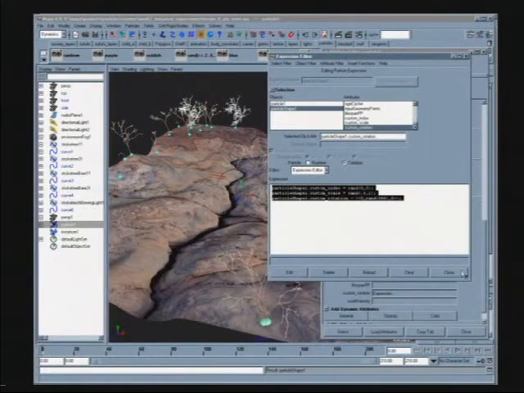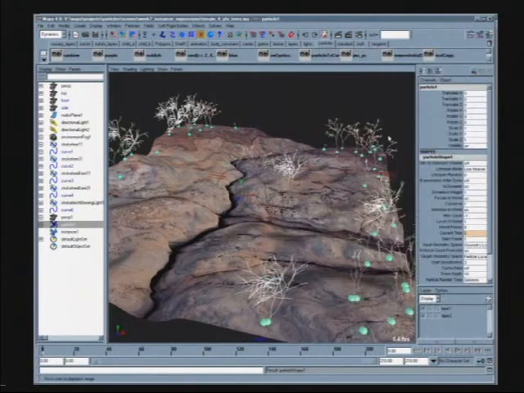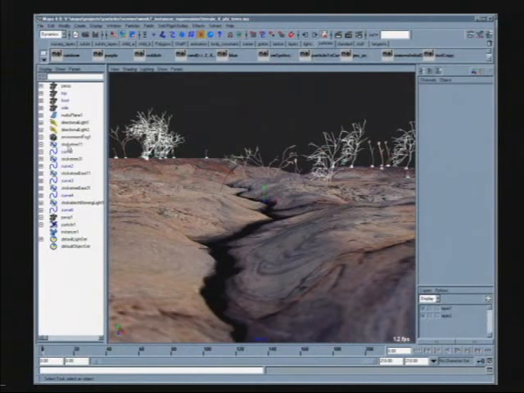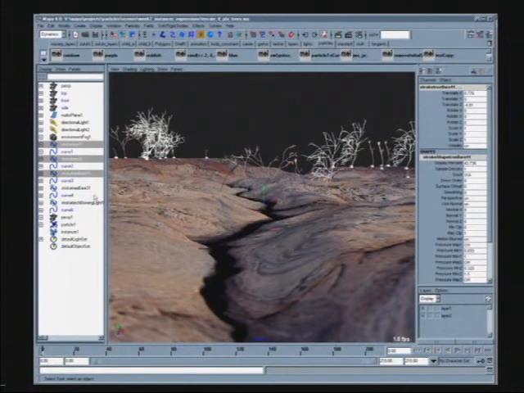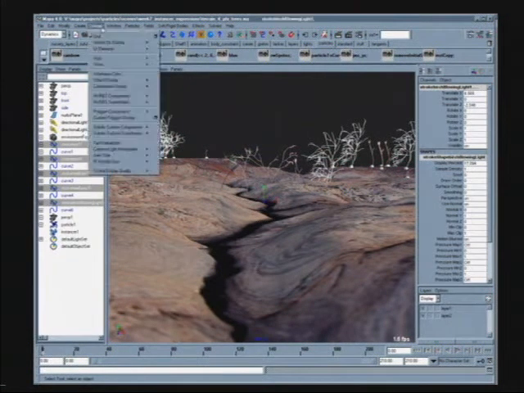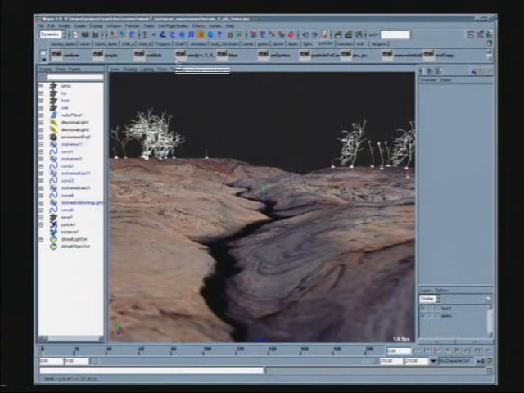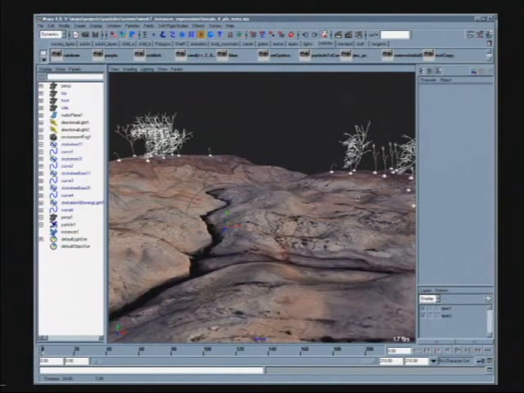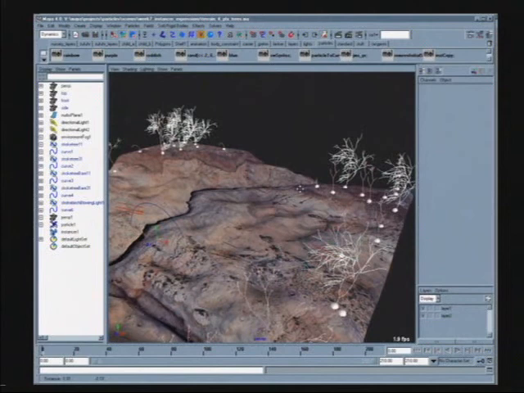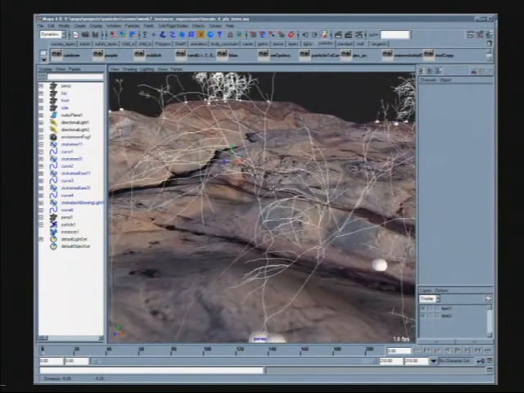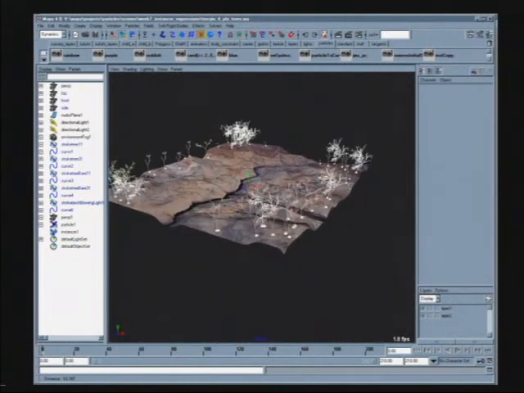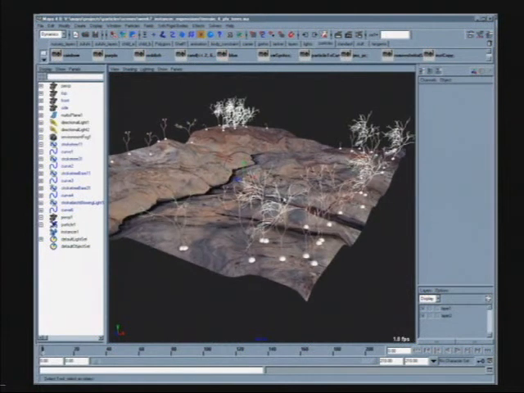So now that that expression has been entered, if we go back in here, I'm going to hide my original strokes, which are sitting at the origin. So display, hide, selection. And now if we tumble around, we'll be able to see that I've got trees all over the place. They are all different sizes, and they are also oriented differently on their Y